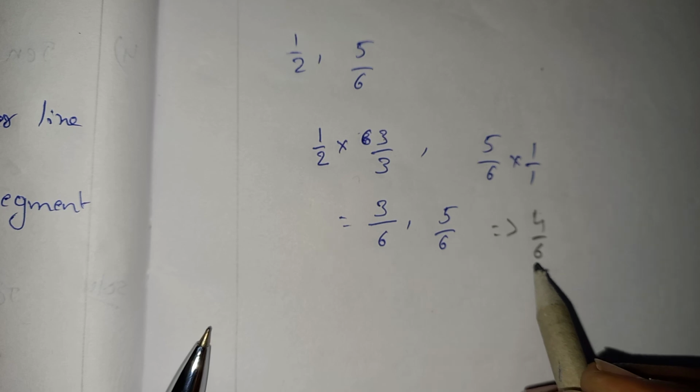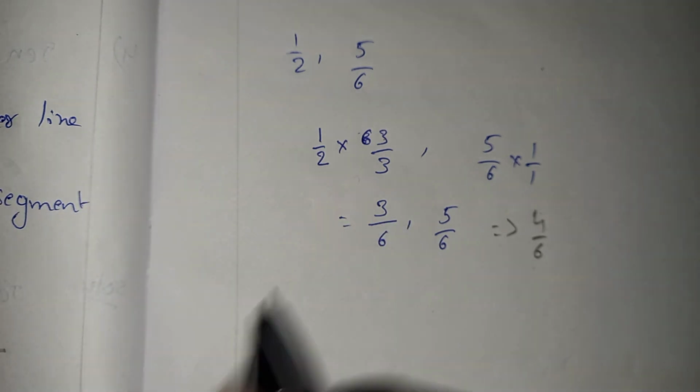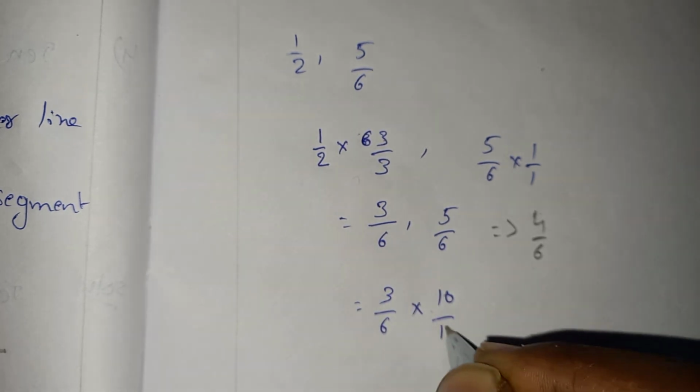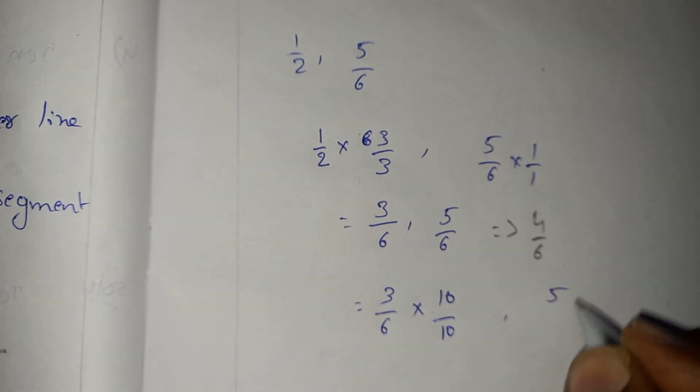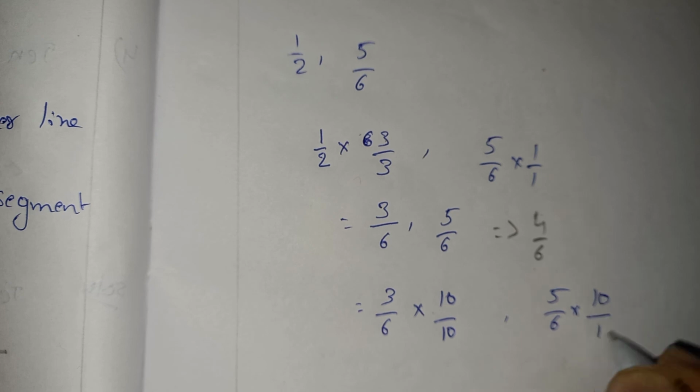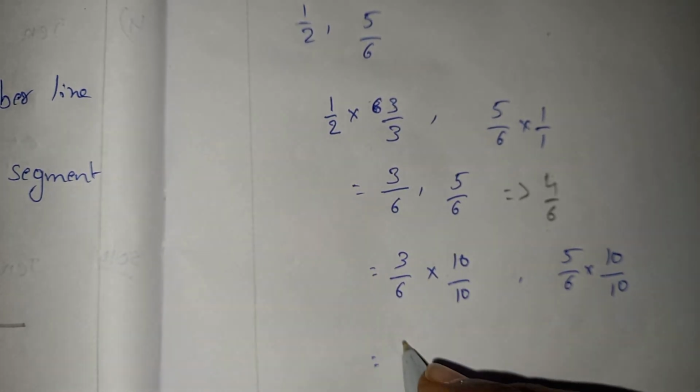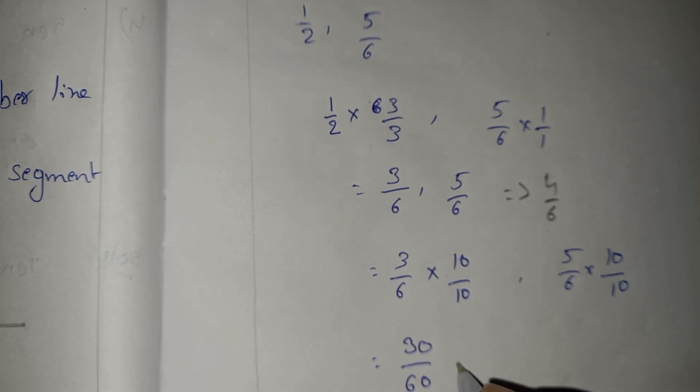But we got only one number, no? How? I have one more idea. See, 3 by 6 I am going to multiply with 10 by 10. And 5 by 6 also I am going to multiply with 10 by 10. Now 3 into 10, 30 by 60, comma